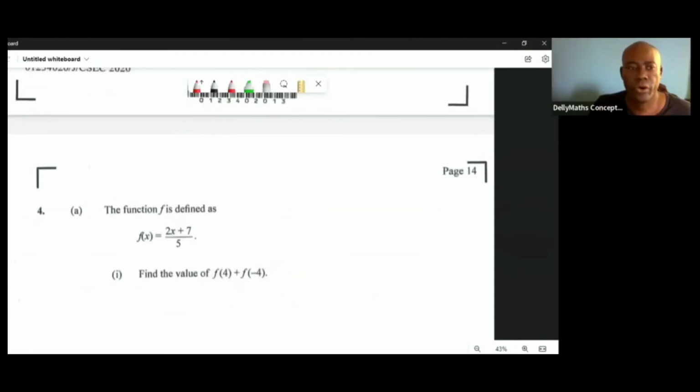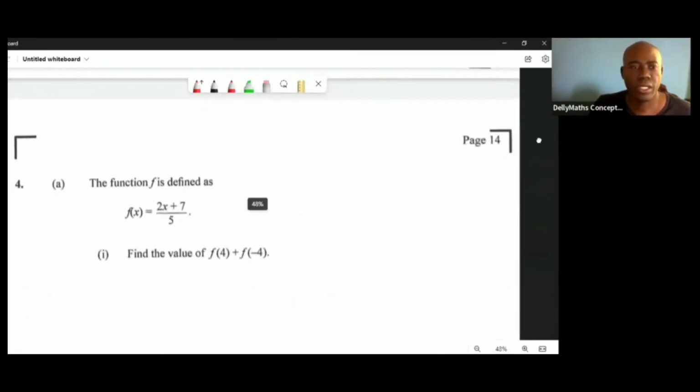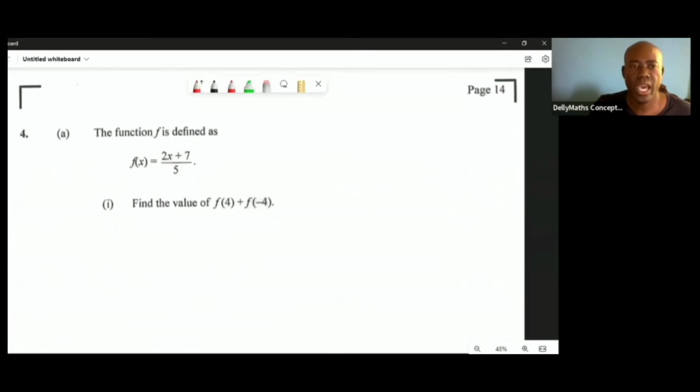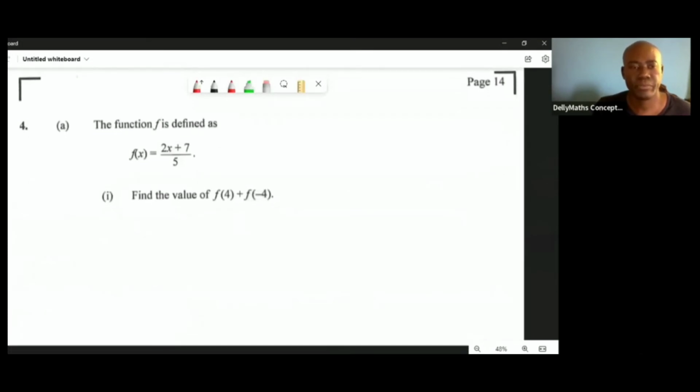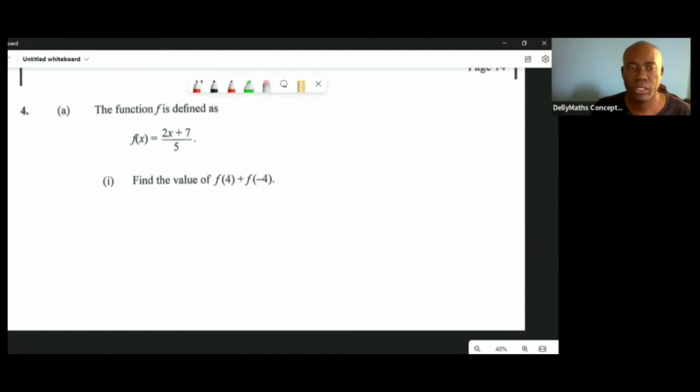All right. So fourth question now is a function. It says the function f is defined as f of x is equal to (2x + 7) all over 5. Find the value of f of 4 minus f of negative 4. So we're going to evaluate these one at a time. So we want to evaluate f of 4. So if f of x is equal to (2x + 7) over 5, then we want to evaluate f of